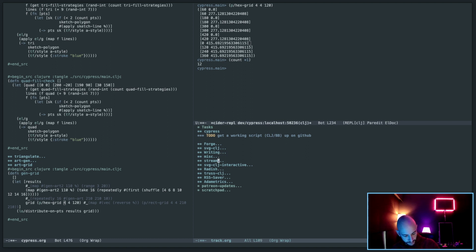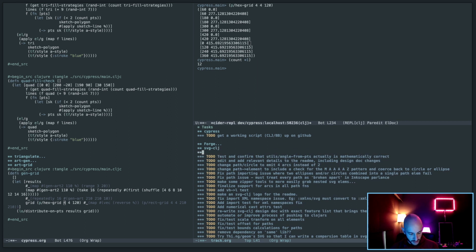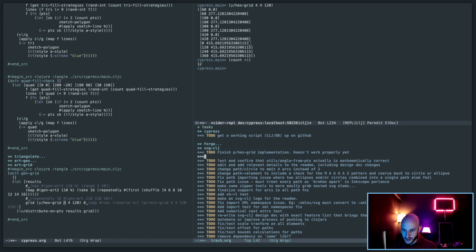Okay, what was it? Oh yeah. I just have to add this here to do: finish p/hex grid implementation. Doesn't work properly yet. And then here to do: add convex hull algorithm to svgclj.utils or svgclj.transforms,